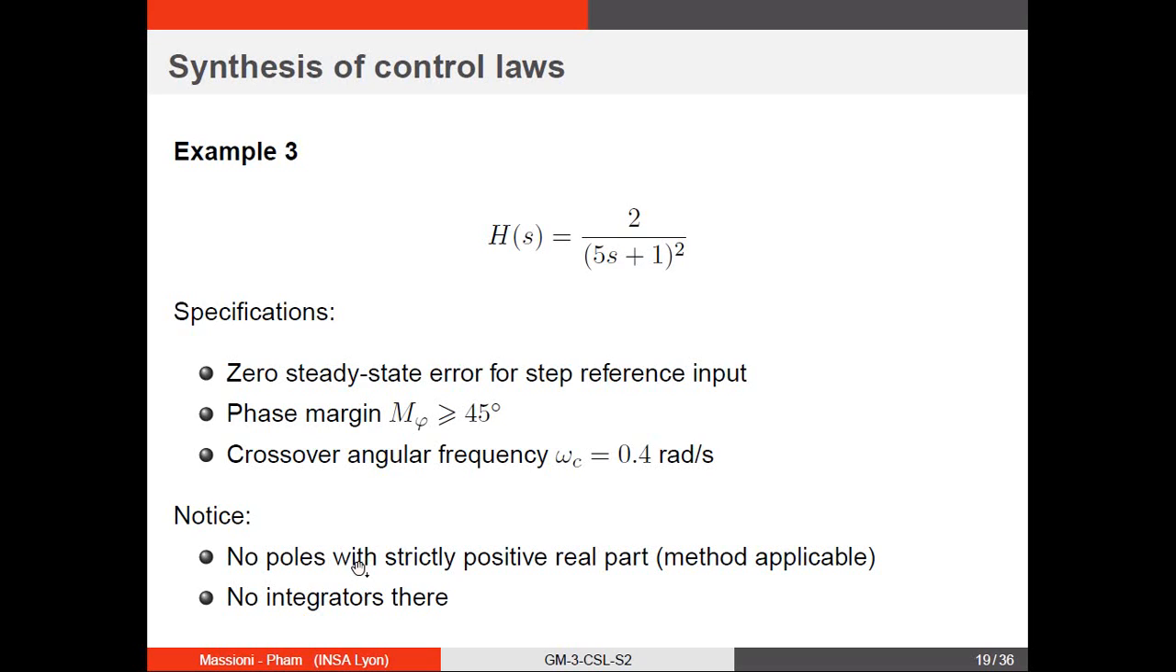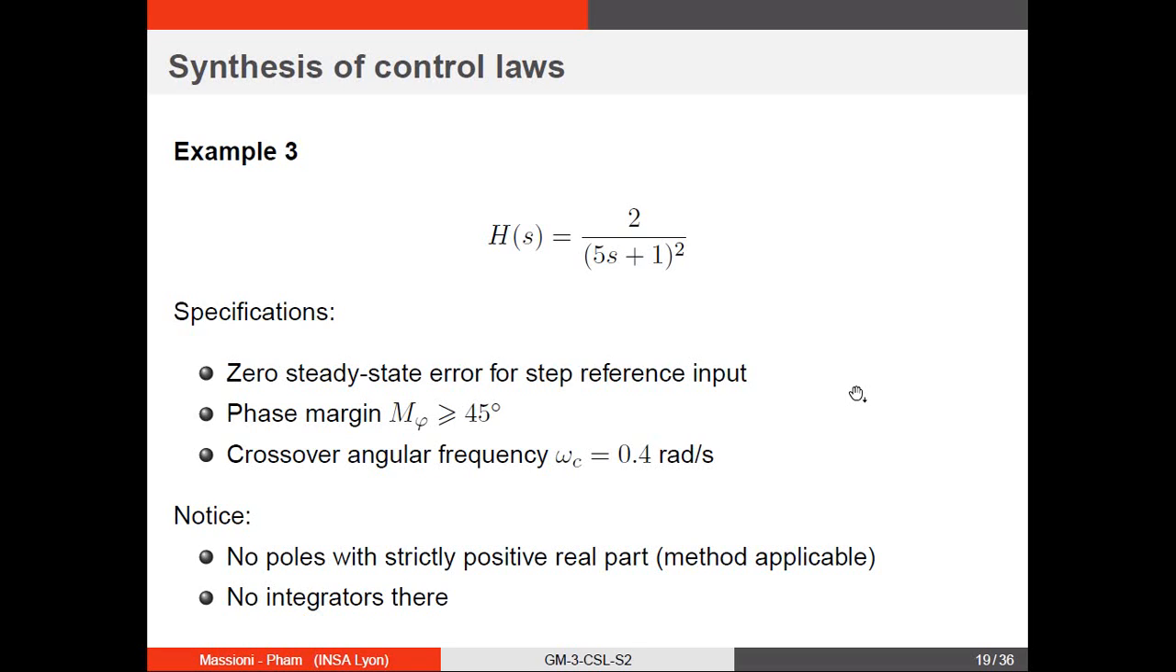Let us move on now with the third example, and this time you can try and do it yourself, as we already got some practice with the first two. So this is the transfer function. The goal is always the same: design a controller under specifications: 0 steady state error, phase margin greater than 45 degrees. Greater means that it can be more, of course, and crossover angular frequency omega c 0.4 radian per